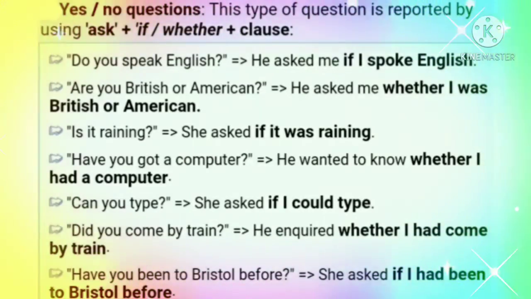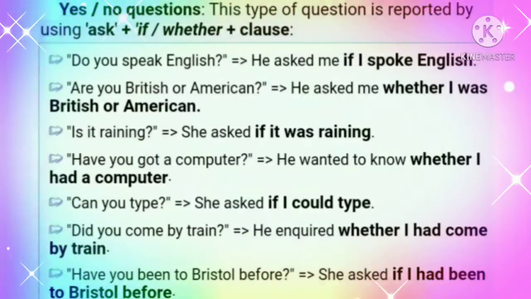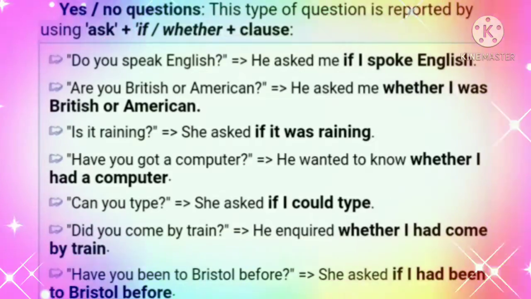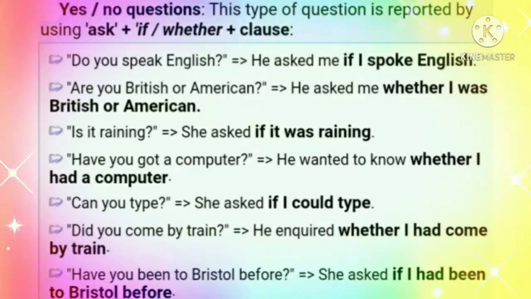احنا كي نقولوا do you do ولا have ولا is كما هنا الأمثلة اللي راهم قابلينكم نقولوا do ولا يعني هل. اوكي هل ومن بعد يجي موراها قبالة subject وفي الجواب في الريبورتين يجي if ولا whether. اوكي مع الكلوز هذا اللي هو I spoke English, I was British, it was raining. اوكي عنا subject verb object that's all. هذا ما كان معنا حتى حاجة صعيبة فيها. فاعل مفعول به هذا ما كان بلس if ولا whether كما قلنا باش نبينو باللي رانا في سؤال ولكن رانا نريبورتيو فيه ما بقاش سؤال ما تبقالناش question mark في الآخر.